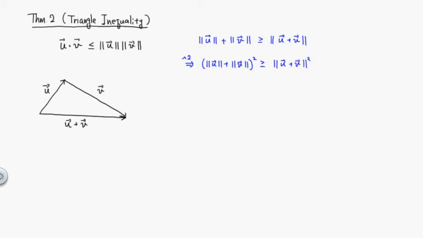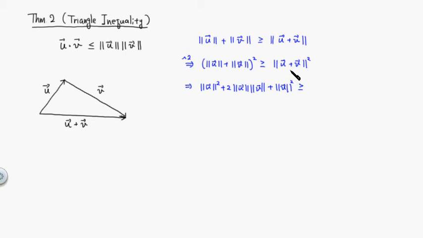If you multiply all out, you're going to get the norm of u squared plus 2 times the norm of u times the norm of v plus the norm of v squared. This is greater than or equal to